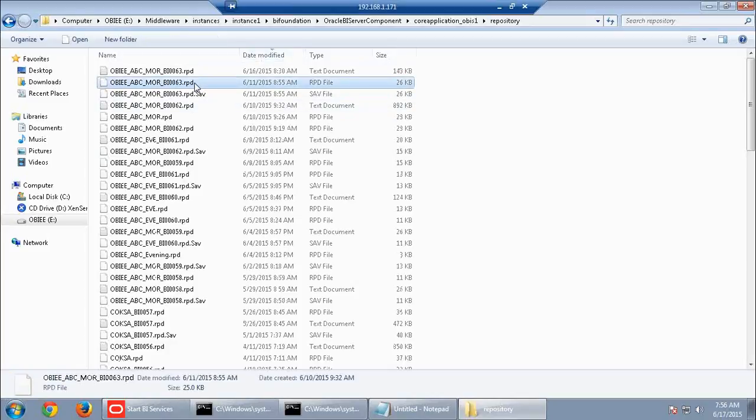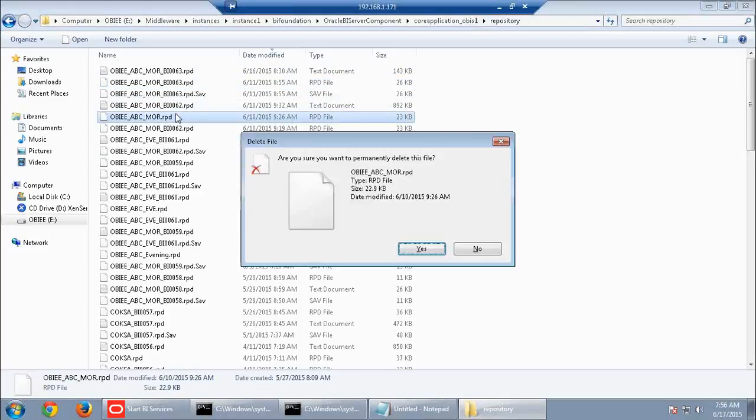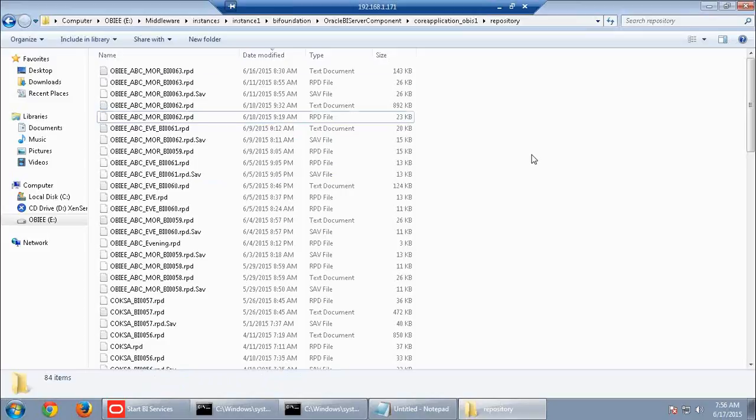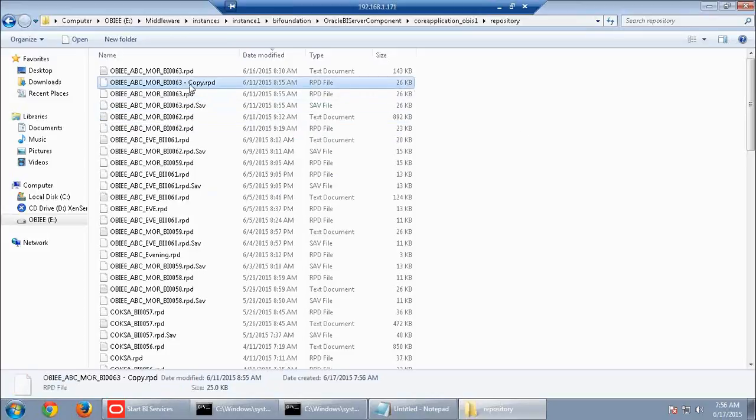So let me take a copy of this. Okay, so let me rename it as OBIEE_ABC_morning.rpd. Okay, so what I will do here, I will try to run aggregate persistence using this RPD,